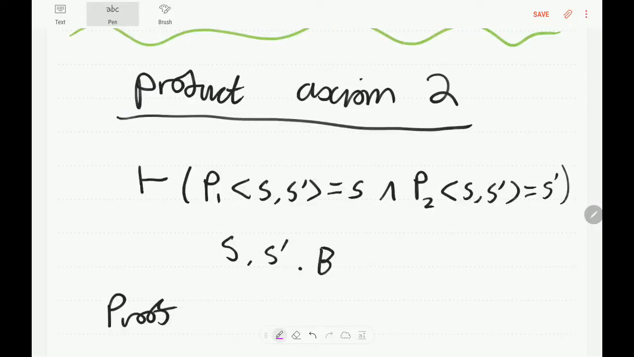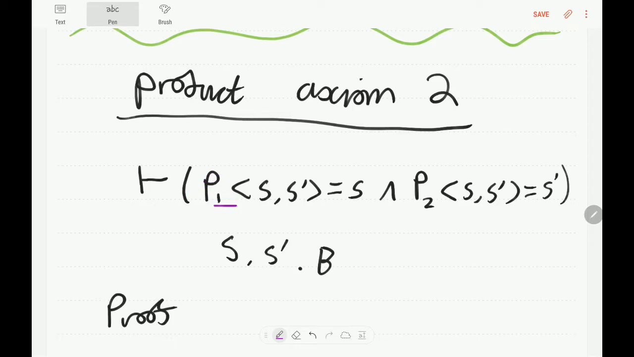Okay, so now what we want to do is prove the product axioms. There's two product axioms, and these are the final axioms of local set theory that we want to prove with our topos theory. So what this first axiom, well, actually axiom 2, says is that